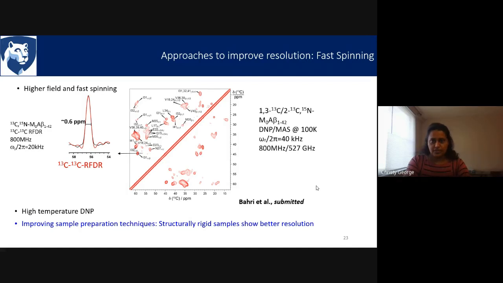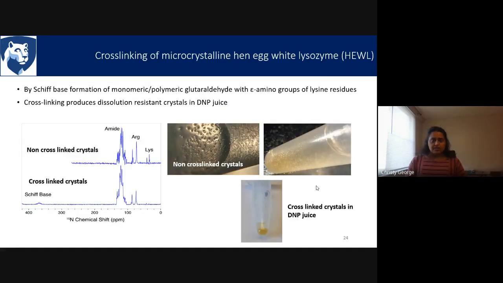We had only a 3.2 millimeter rotor. So the other option is to modify the sample to make it a real crystalline protein, rather than using a frozen protein solution to do the solid state NMR. The approach we used was a protein called hen egg white lysozyme, and in crystallography, it is well